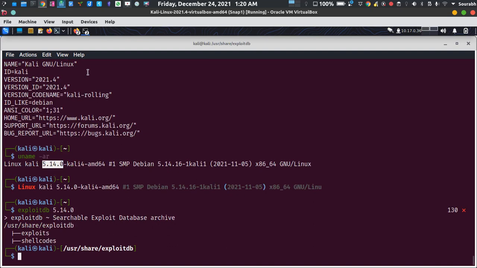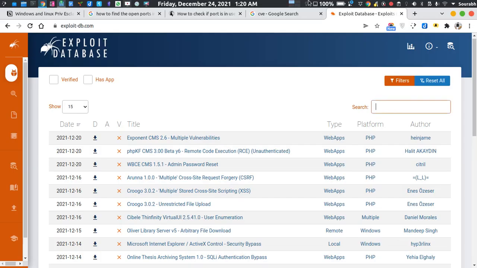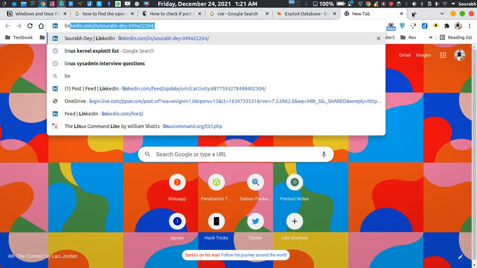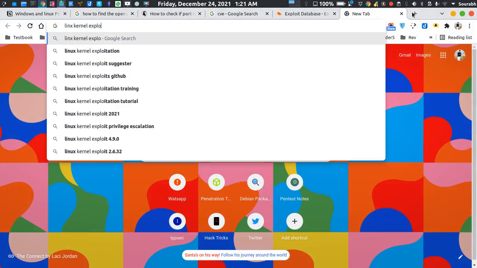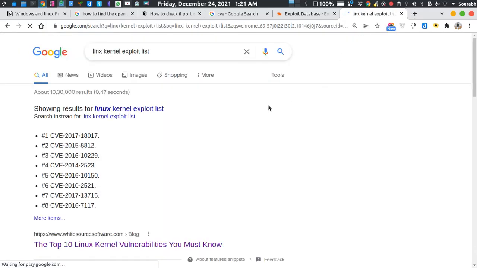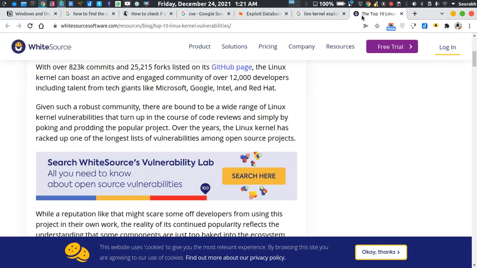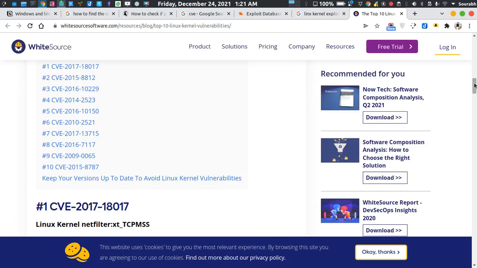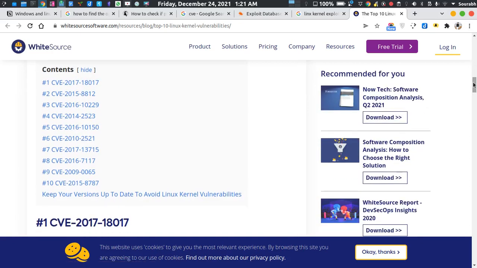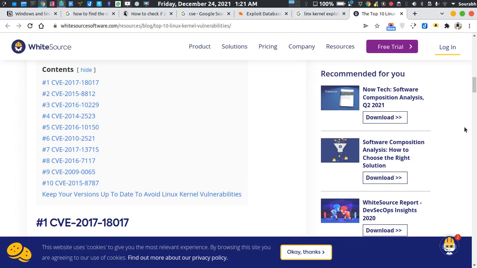But if we Google Linux kernel exploit list, as you can see, these are all the kernel exploits provided by the Exploit-DB community itself.